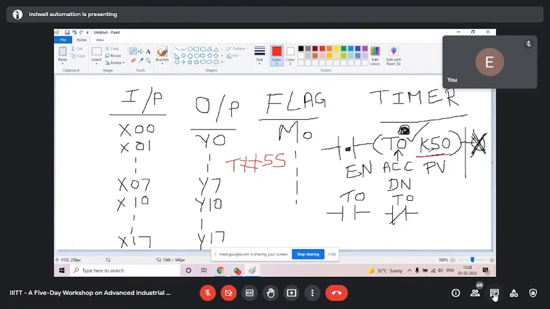K100. I want 3 seconds, then I shall write K30. If I want 4 seconds, then I will type K40, like that. So multiply your preset by 10. That is compulsory here. It is because of the time base, which I won't explain now. If you ask after the session, I shall explain, but not now. So for now, remember you have to multiply your preset by 10 in Mitsubishi.